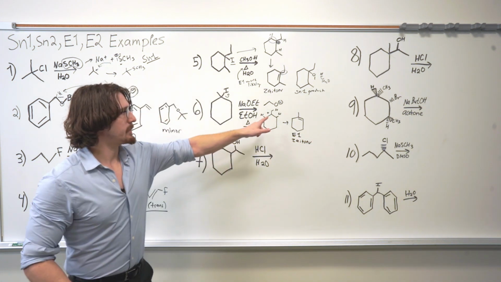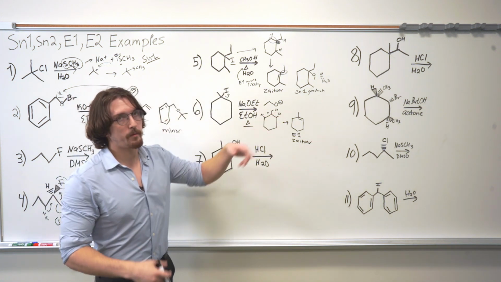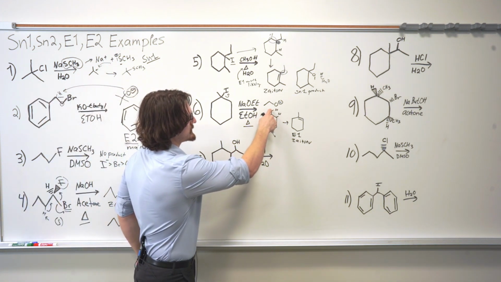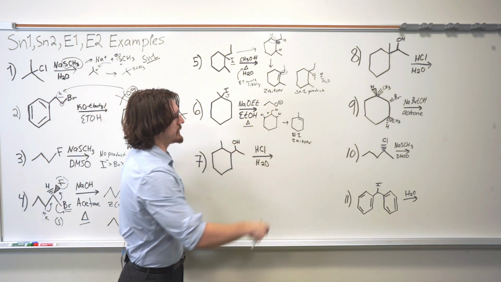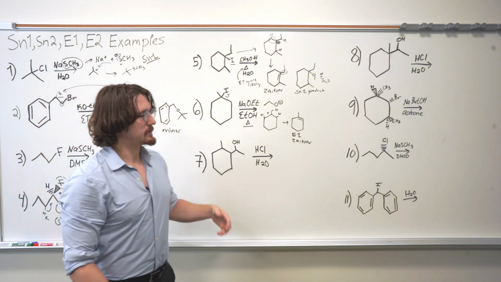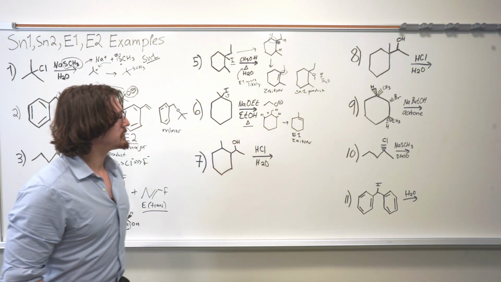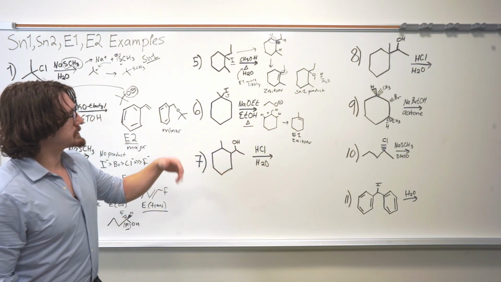The other one that can form, but probably doesn't form in really any appreciable amount, is between this carbon and this carbon up here, which also has a hydrogen. But it's less substituted than this one. So this is going to be the major one. Now here you can still have some